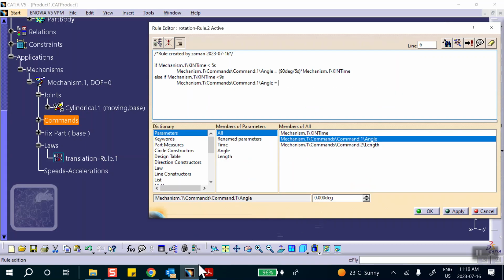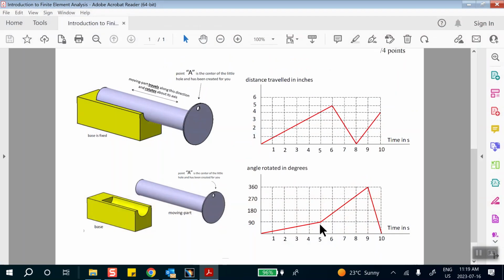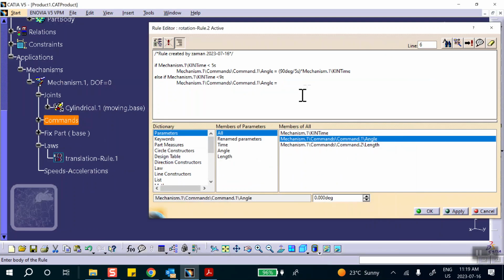Starts at 90 and then builds up. So that is 270 degrees in 4 seconds. Okay, so it starts at 90 degrees. You have to be very careful here. 90 degrees plus 270 degrees